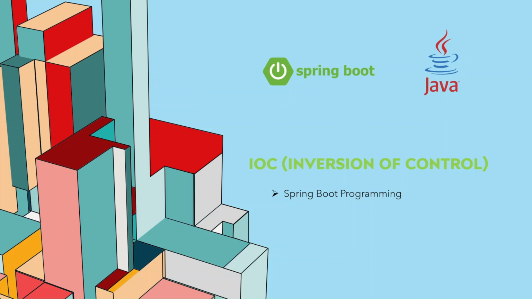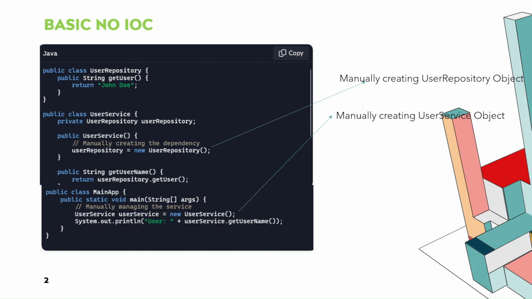Today we are going to discuss IoC container, or IoC, inversion of control, in Spring Boot. Before IoC, if you need to deal with objects, what we do is create classes. In the given example, I have created a user repository with a method that returns a user name, and I have created another class